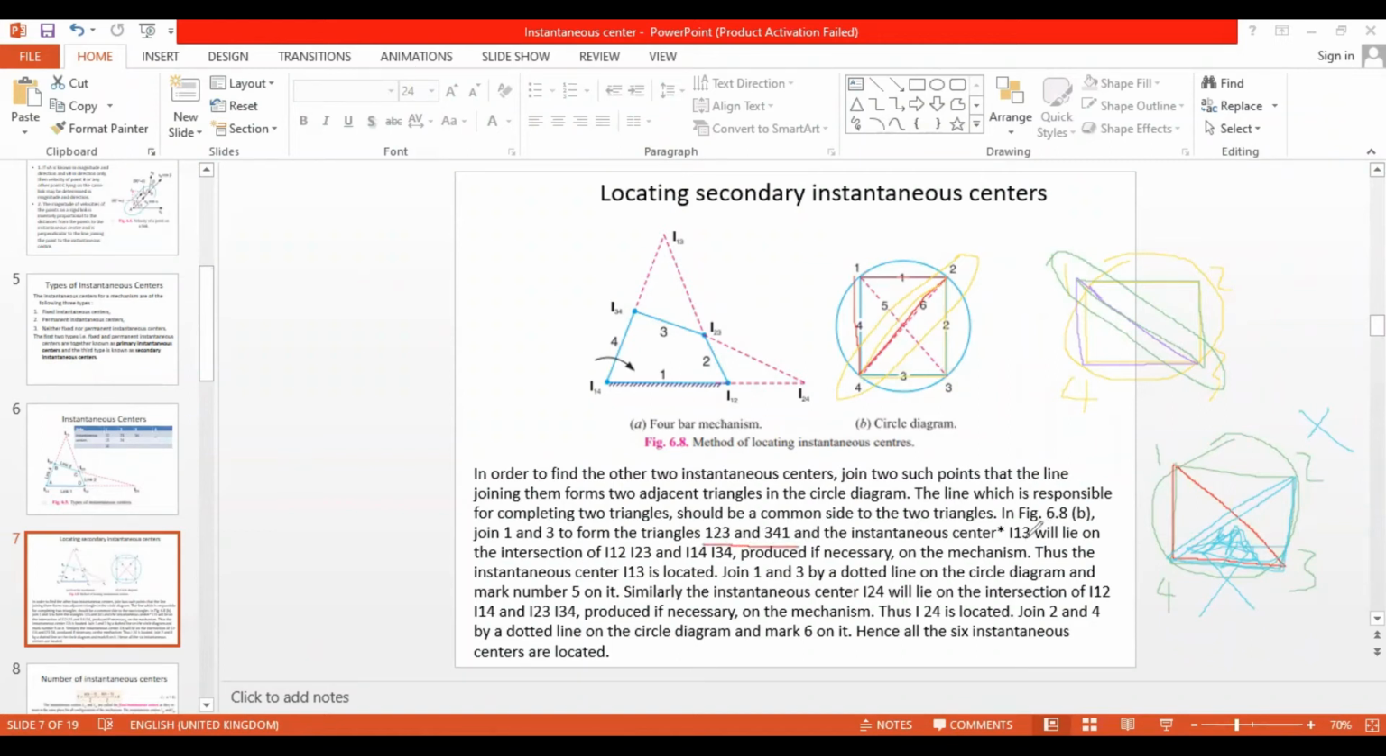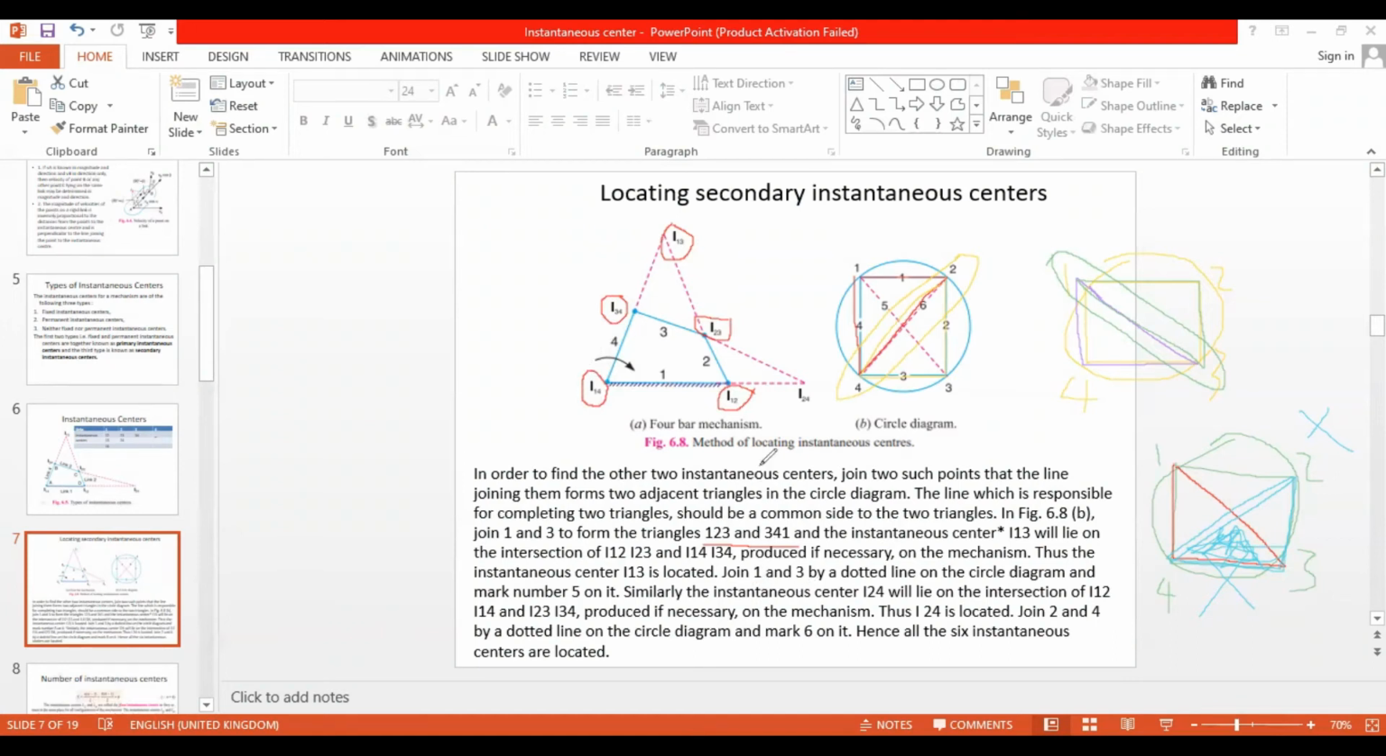And the instantaneous center I13, right? So I13 is here. Okay, I put it as I, instantaneous center. So that is, I13 will lie on the intersection of I12, so this is the I12, I23, okay, and I14, I34, right? The intersection of these two